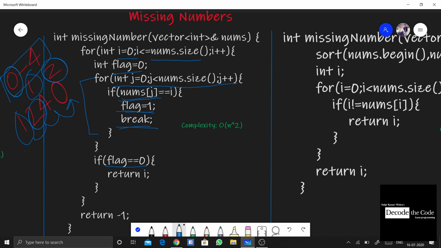Flag value will get altered to 1 and flag will no longer remain 0. And again we'll go to the next number, and the next number of course is going to be 3, and we are going to check through the entire loop. As you can see, it will go up till the size, that means till the last element, but it was unable to find the value of 3, hence this entire operation will not take place and our flag value will still remain 0 as it was above. It will still remain 0.